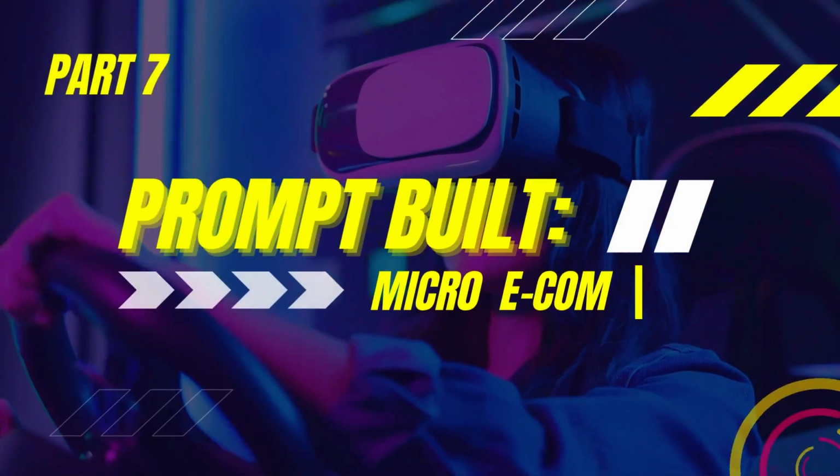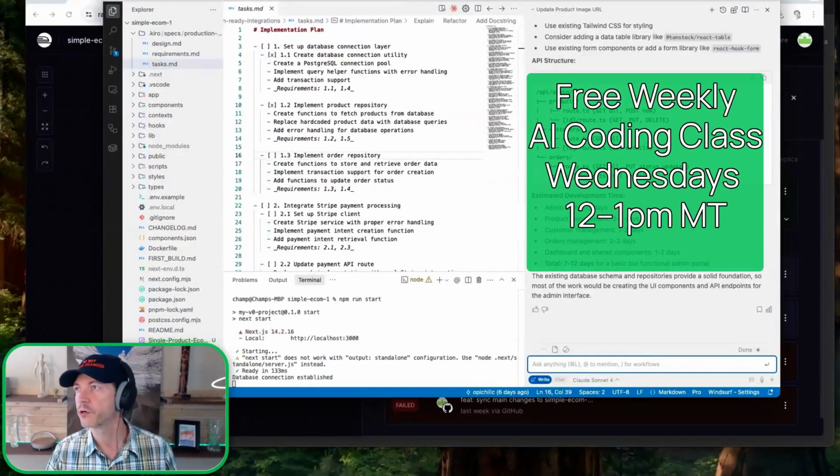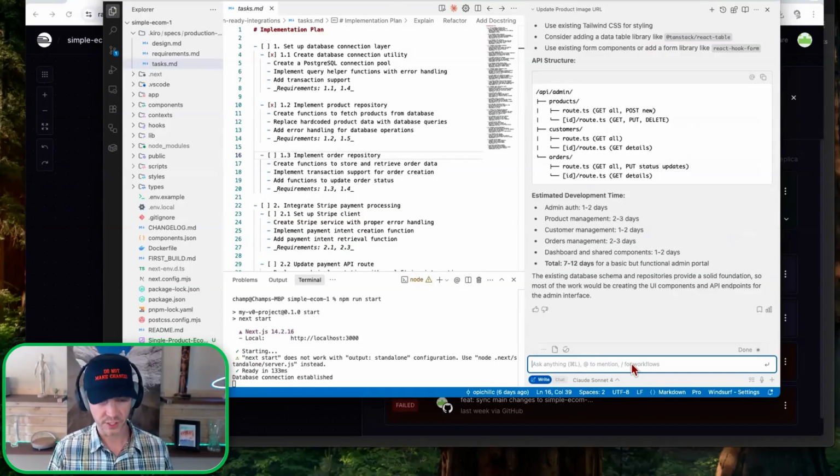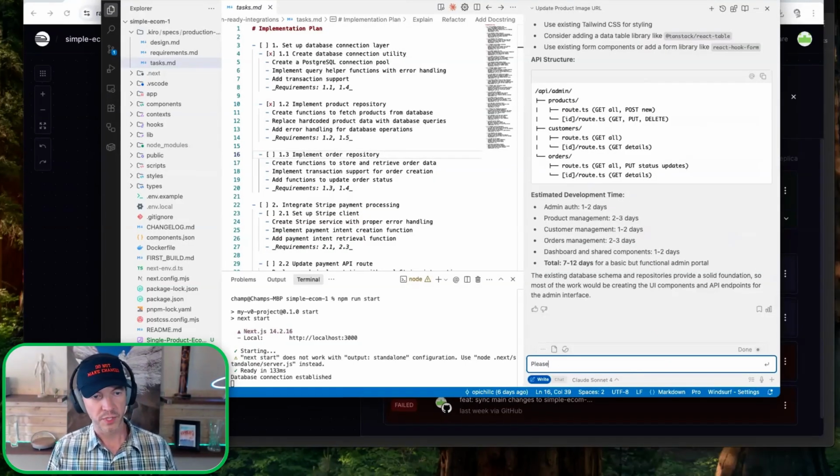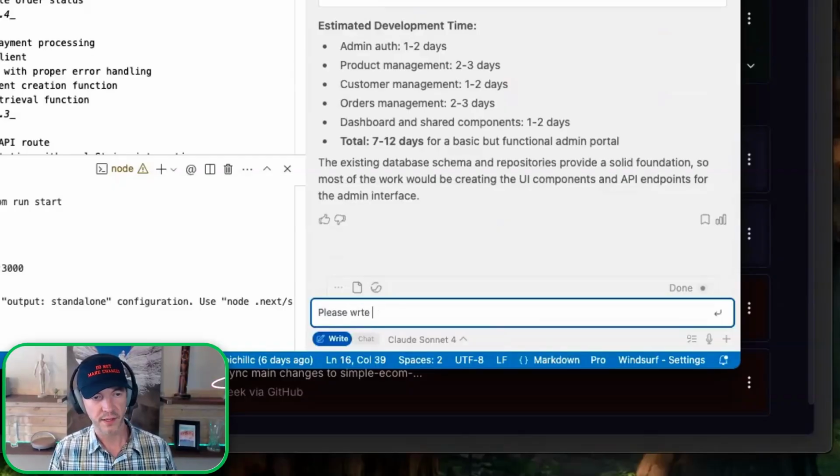Let's make ourselves a quick little plan document, so that if we don't get all the way through this in the next 15 minutes, we can pick it up on the next call. Please write that to an admin portal. Let's add a setup.md file with the simplest